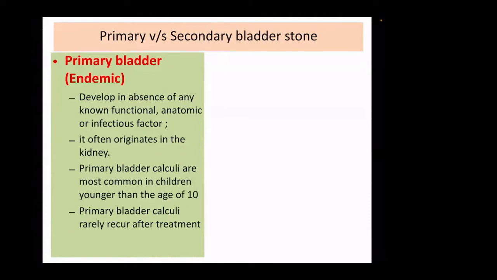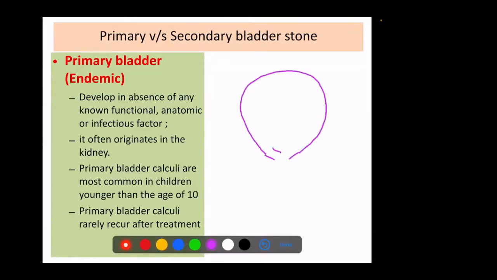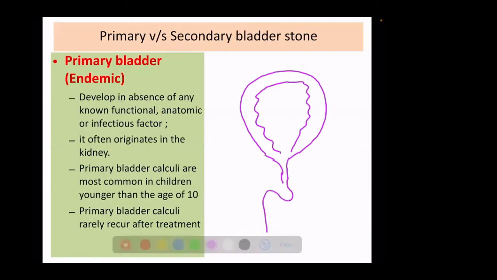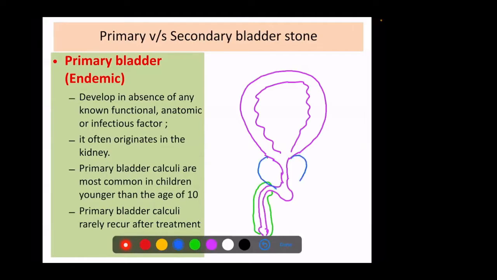Secondary bladder stone means, this is the bladder, this is the muscle of the bladder. Let me draw the system of the male. Fine. So if there is any cause of bladder outlet obstruction,